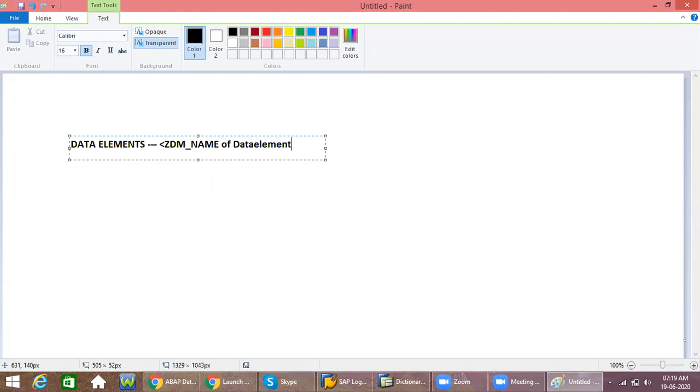Why I am suggesting this: by seeing it itself we can come to know that if DT is there, this is a data element.